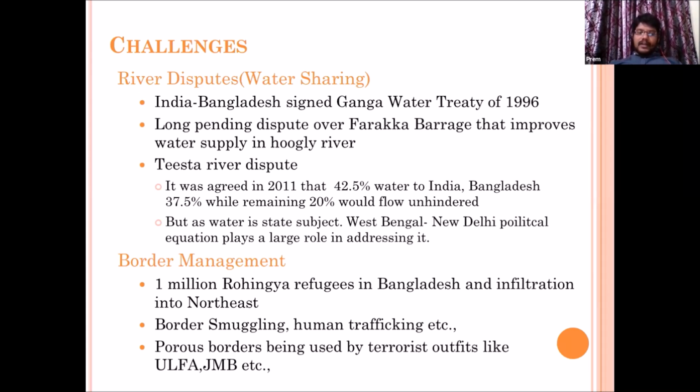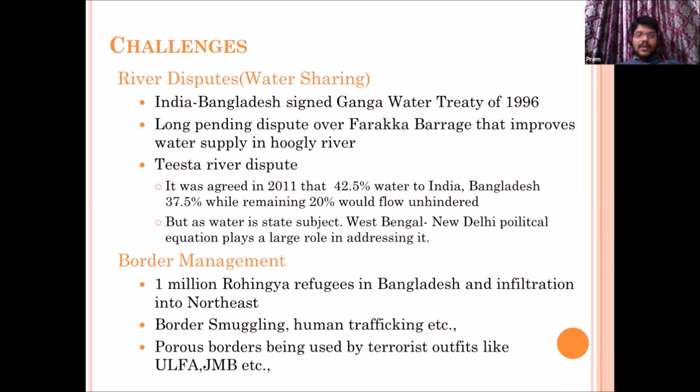From 2011, India was trying to sign this agreement, but the West Bengal government is constantly opposing. You all know West Bengal government is right now under Mamata Didi. So Mamata Didi is completely opposite to the center. Whatever the center says, she is completely opposite. And you all know how the politics plays out, especially between the Trinamool Congress of West Bengal and the BJP of the center. So that is one concern, political.